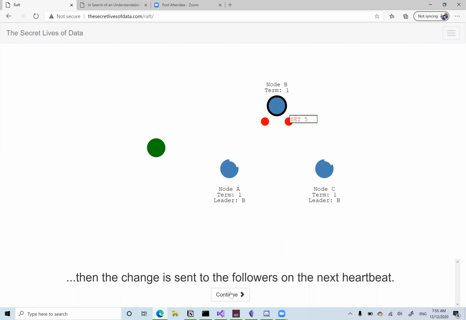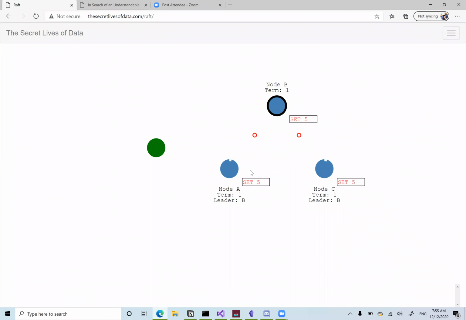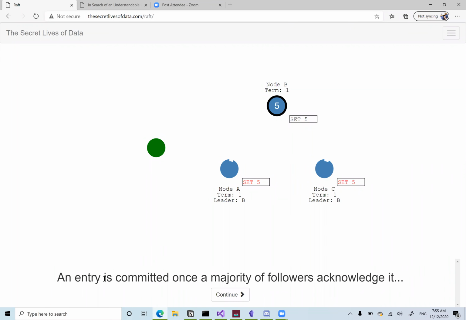Then the change is sent to the followers at the next heartbeat. So in the heartbeat now they have this message, set 5. An entry is committed once a majority of followers acknowledges it, right? So now this value is committed here. It's black, right? And it is still uncommitted on these followers. So now when it has got a vote from the majority, it will make the decision that this value can be committed. So it will reply success to the client,